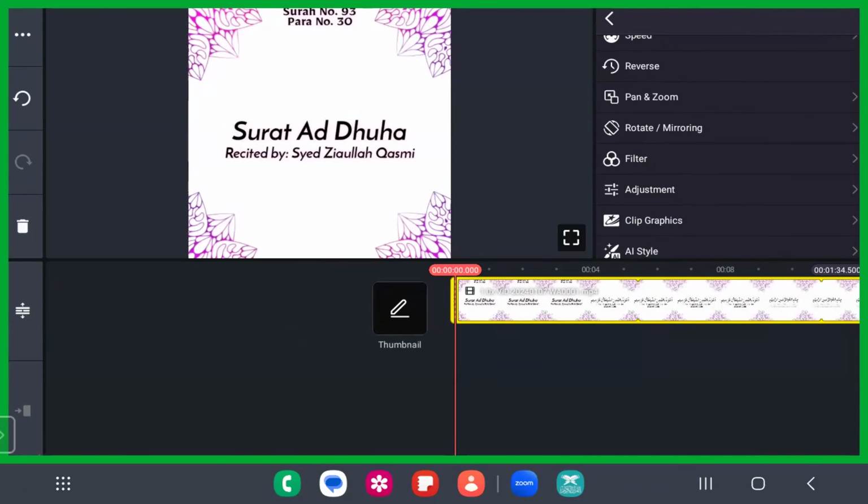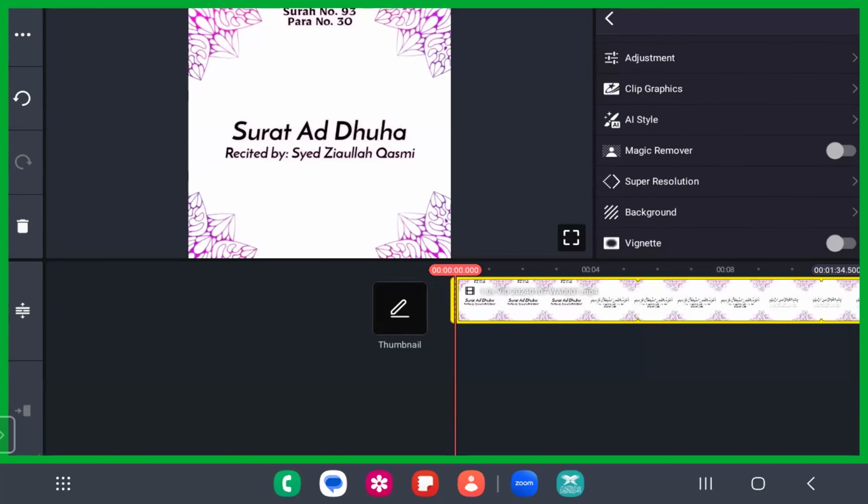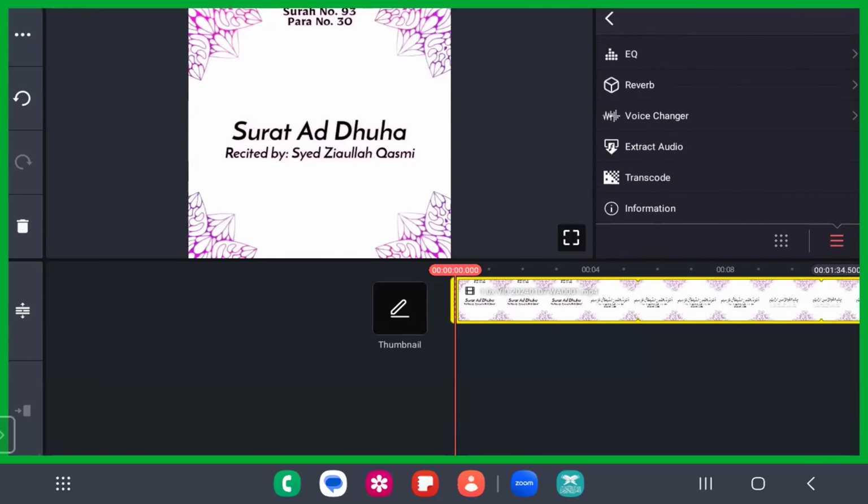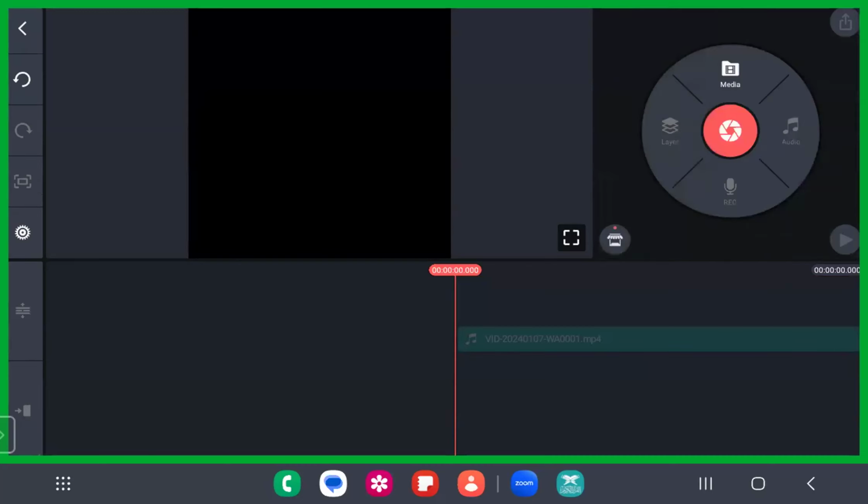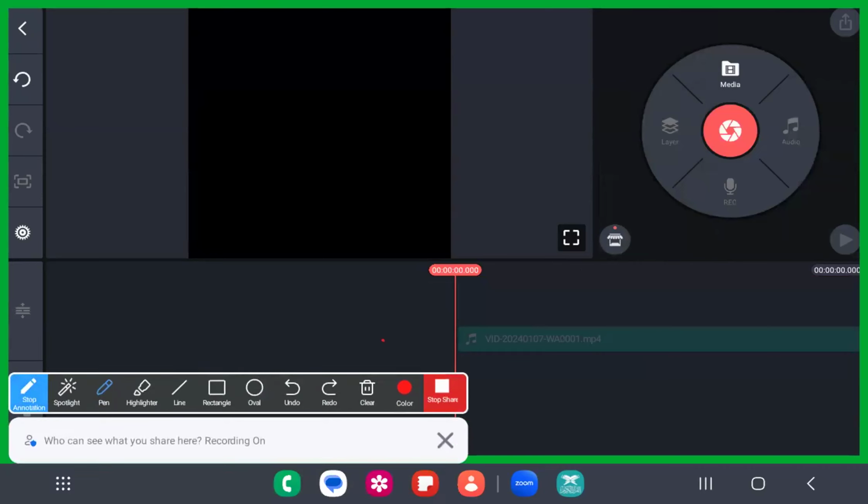Open up the KineMaster, download this in the WhatsApp, and just put it on the timeline of the KineMaster and extract the audio from this. Where is the extract audio option? It is at the end. Extract the audio and delete this video. Fine. Let me just delete the video. The audio is extracted and kept here. Fine. I want you all to do this process now.